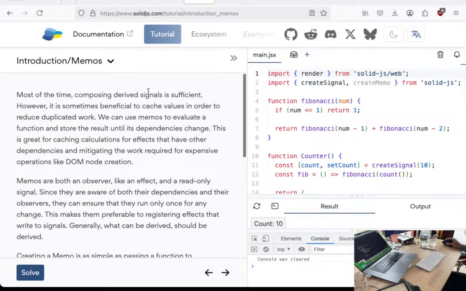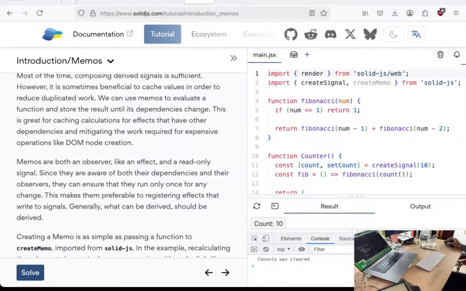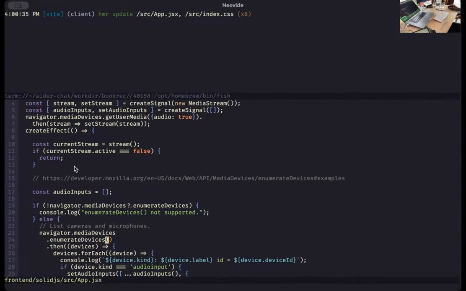Most of the time, composing the derived signal is sufficient. However, it is sometimes beneficial to cache values in order to reduce duplicated work. We can use memo to evaluate a function and store the result until its dependencies change. This is great for caching calculations for effects that have other dependencies and mitigating the work required for expensive operations like DOM node creation. Memos are both an observer, like an effect, and a read-only signal, since they are, maybe I'm using here, so